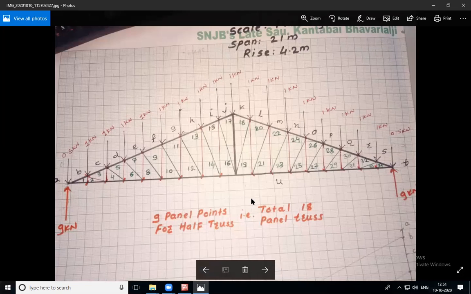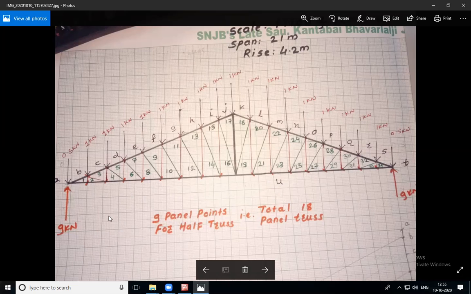See, for the starting of this vector diagram, we have to start from the point where maximum loads or maximum reactions are there, isn't it? If we consider this truss, if you move from A to B, there is one load. From B to C, there is one load, but there are members also. Now if you consider from U to A, there is one maximum load, that is 9 kilonewton. So we have to start from the point where maximum load is there, so that we can analyze easily.